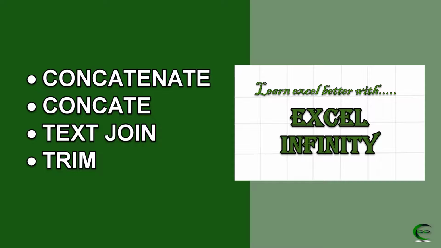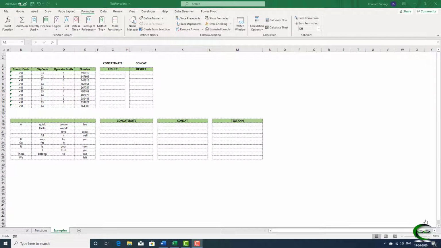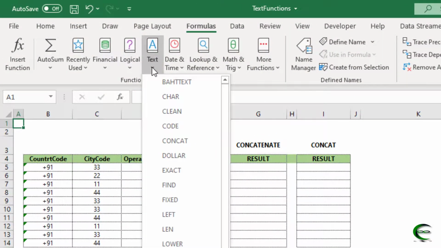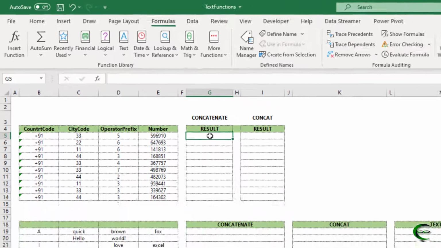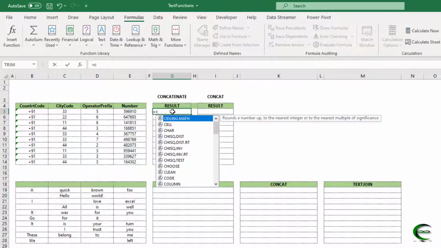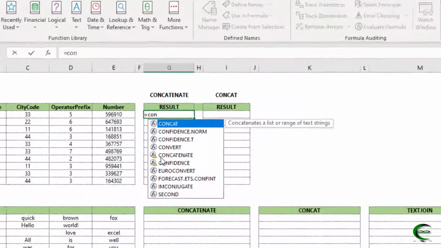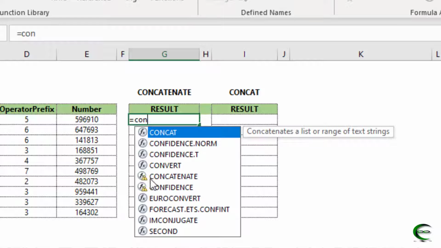So let's get started. CONCATENATE is available in Excel from quite some time, but CONCAT was introduced in 2016. If you check in the list of text functions, CONCATENATE is missing, but if you try to use it, it will appear. But you can see a yellow triangle with an exclamation mark with CONCATENATE.